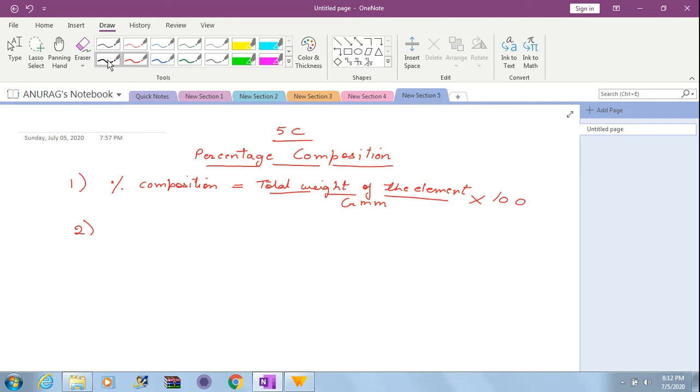Second part, if I talk about, that is how to determine the empirical formula. Now empirical formula, as you all know, what do you mean by empirical formula? Empirical formula किसको बोलते हो? Empirical formula होता है like if you are given a substance, particular molecule, उसके अंदर कौन कौन से elements present हैं and in the simplest ratio, that is your empirical formula.